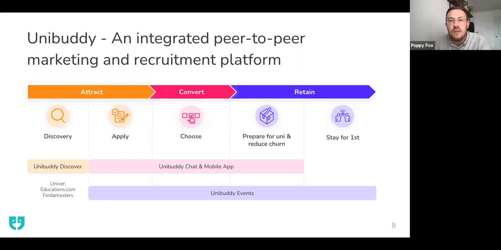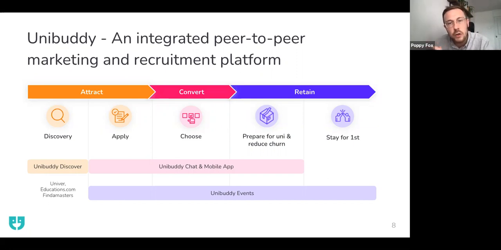We increase the conversion of homepage traffic. So what we're seeing is that students who may not be inclined to fill out a standard form or reach out to a staff member via email will engage in conversations with student advocates and student ambassadors.